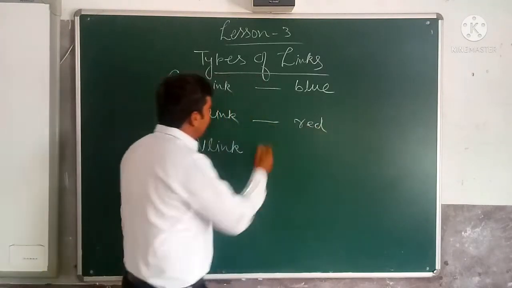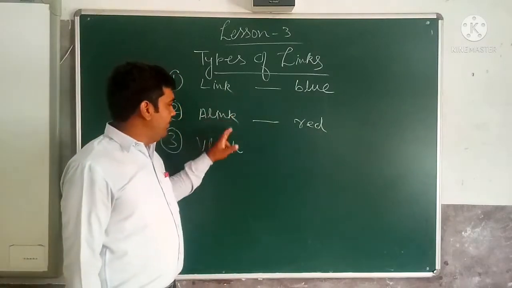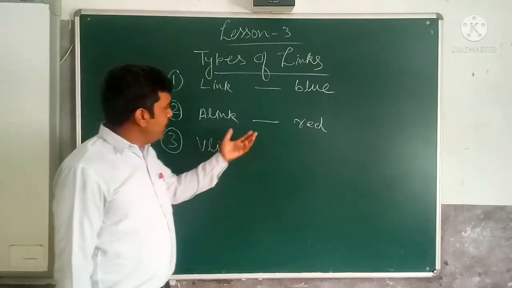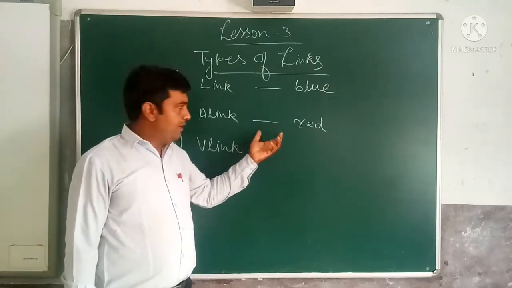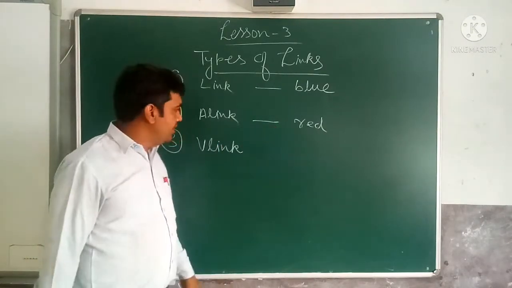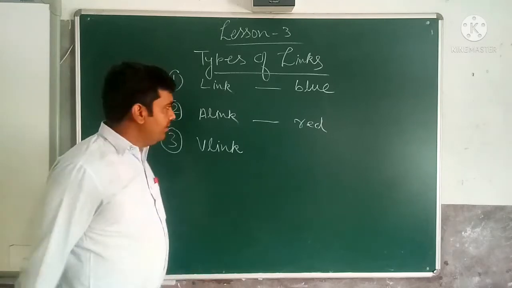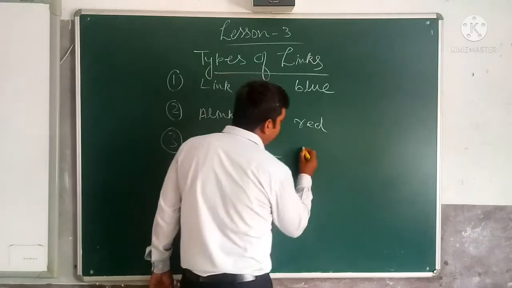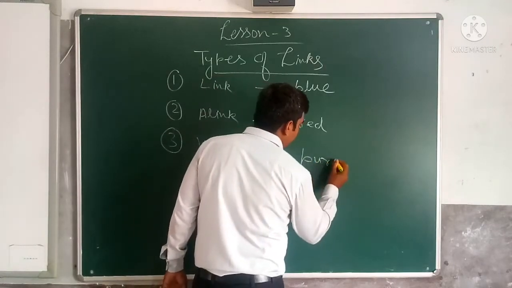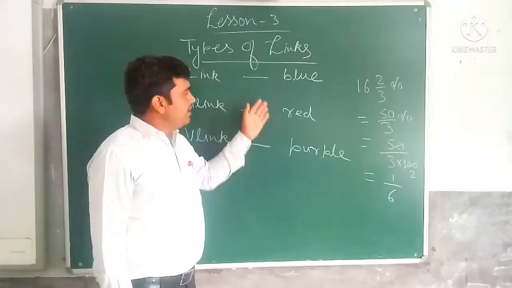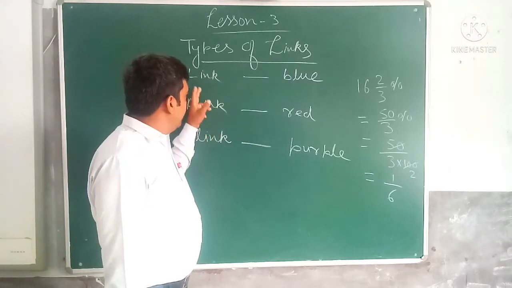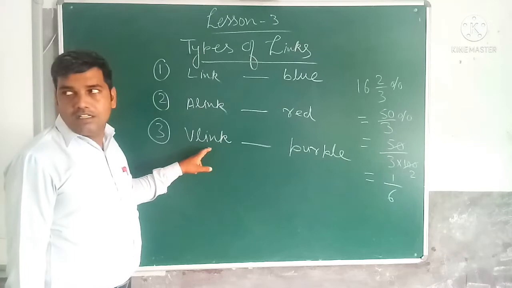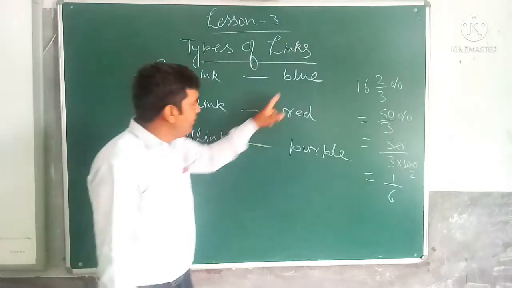We can change the color of the link, the active link and the visited link. Visited link: after you have opened any link or website and visited it, the next time you open the same link, that link will appear in purple color. This means previously it was visited. The colors of the unvisited link, active link and visited link can also be changed. These are their default colors.